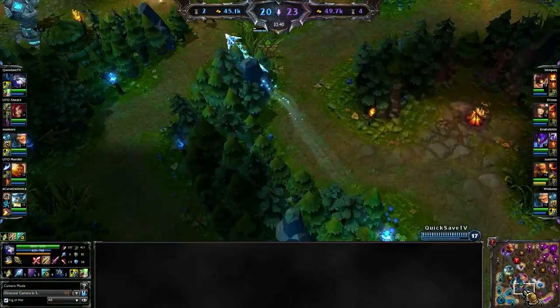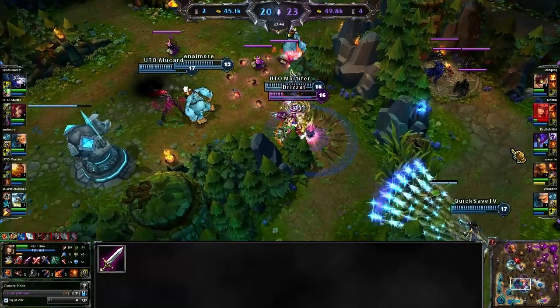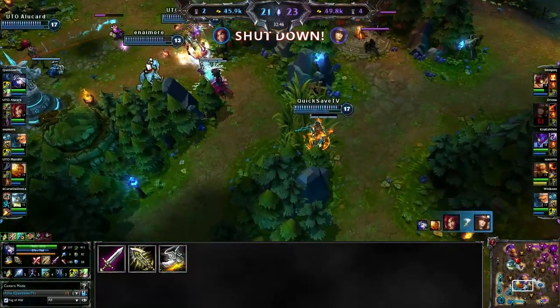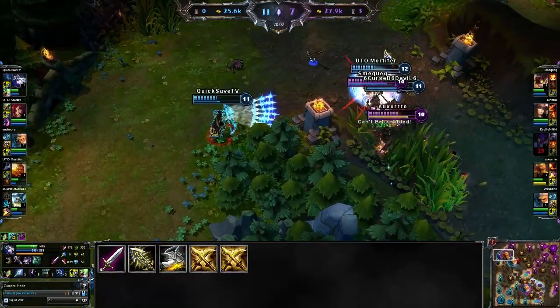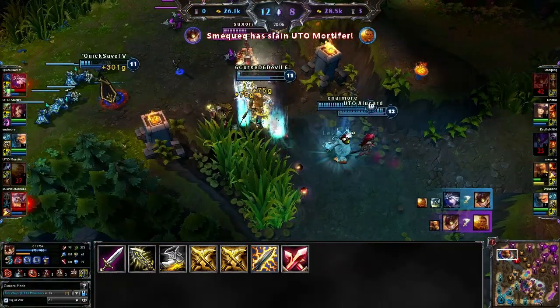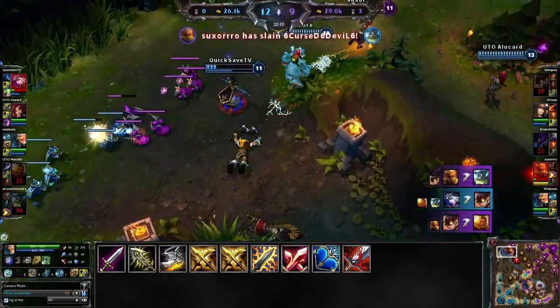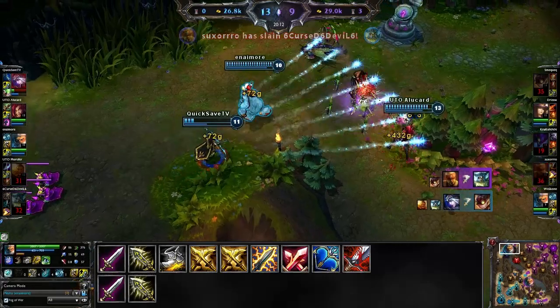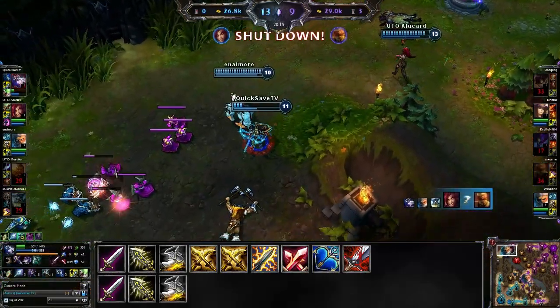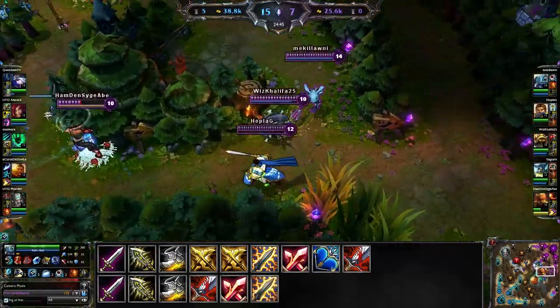Items. 2 builds that I recommend you to try out are as follows: Doran's Blade into Infinity Edge, into Berserker Greaves, into Double Zeal, into Static Shiv, into Phantom Dancer, into Last Whisper, into Bloodthirster. The other build is Doran's Blade into Infinity Edge, into Berserker Greaves, into Bloodthirster, into Phantom Dancer, into Static Shiv,